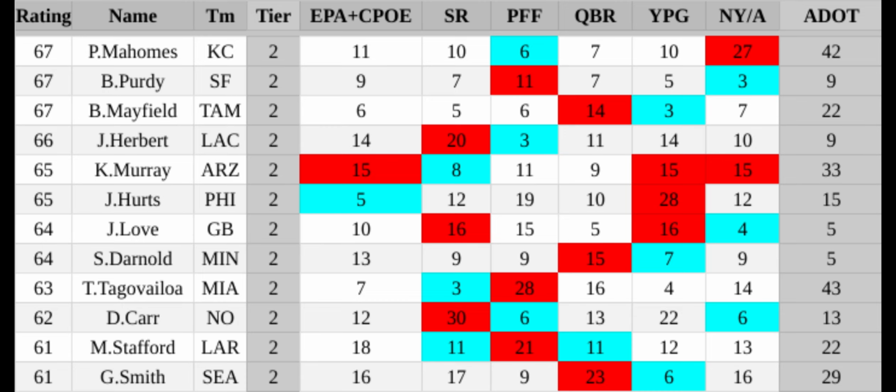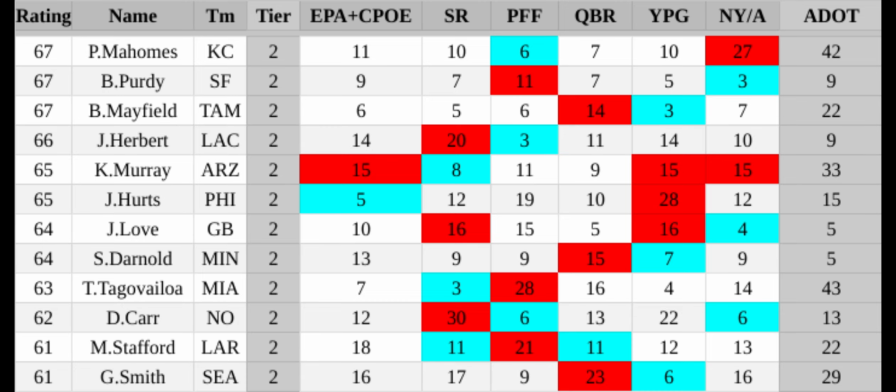Next, we have Kyler Murray, who is very difficult to get a read on because, like Kirk Cousins, he was kind of a tale of two seasons. At the end of the season, he kind of fell apart, and the team did as well. So I'm not sure how much of that was him and how much was just everything going wrong.